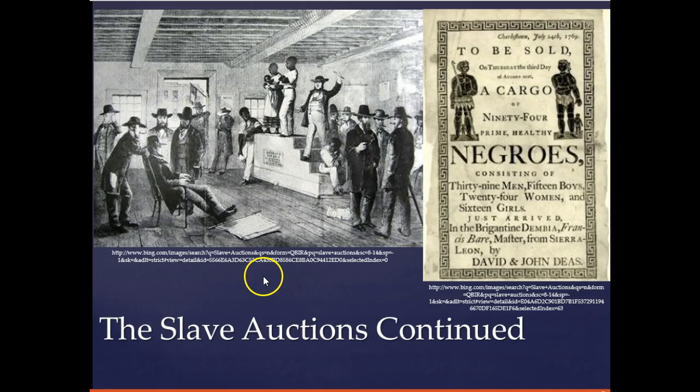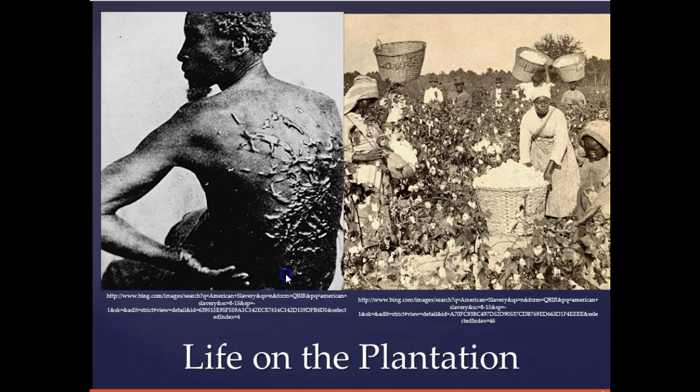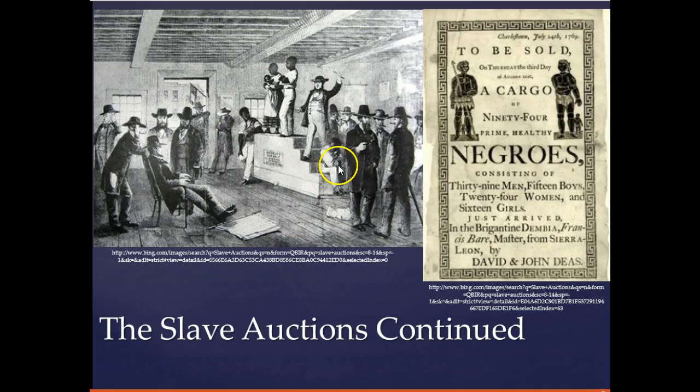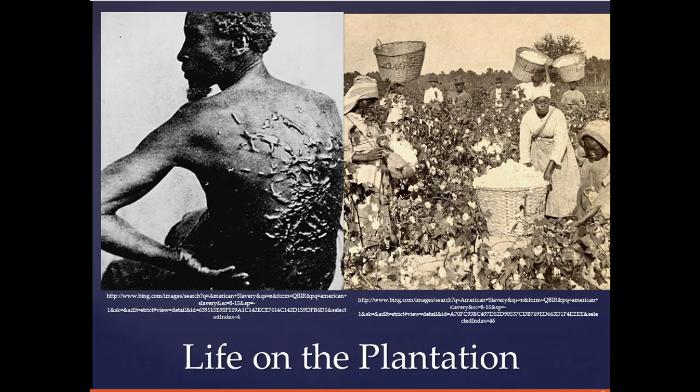The slave auctions would often look like this picture on the left, where you would have families separated from each other. They're standing up on the auction block while people sit around and decide whether they want to buy them. Maybe the saddest thing about this picture is that you can see in the background here this family being split up, and you have men just kind of half paying attention as people's lives are being ruined. You see these men over here having a conversation, not really that interested. A couple of men over here are not even paying attention as well, and it's a very, very sad way that these families were split up at the slave auctions.